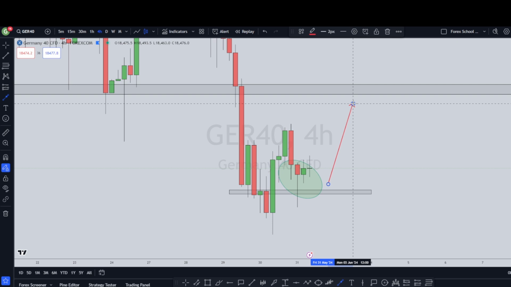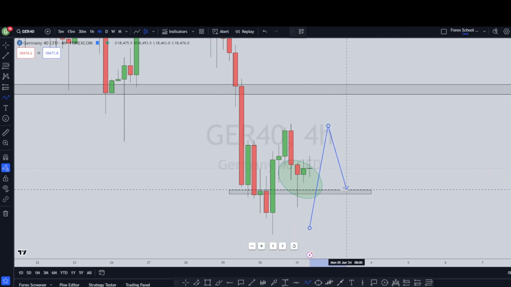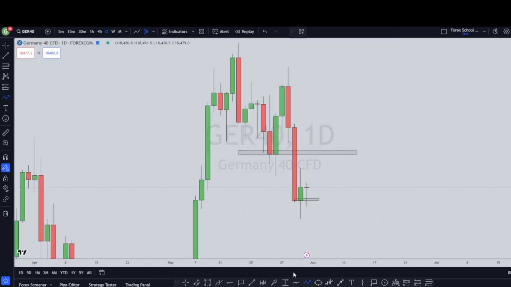So that's our analysis for today. The 4-hour is bullish, the daily is bullish, the weekly is bullish, and the monthly is bullish. And so we expect the completion of the impulse, correction, impulsive formation in the 4-hour, and also similarly in the daily time frame, we expect this, having been an impulsive move to the downside, a correction to happen in the market,